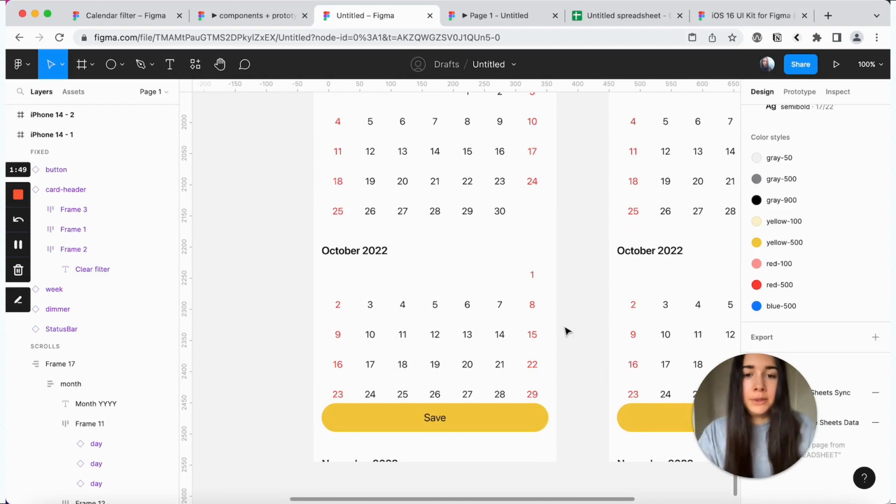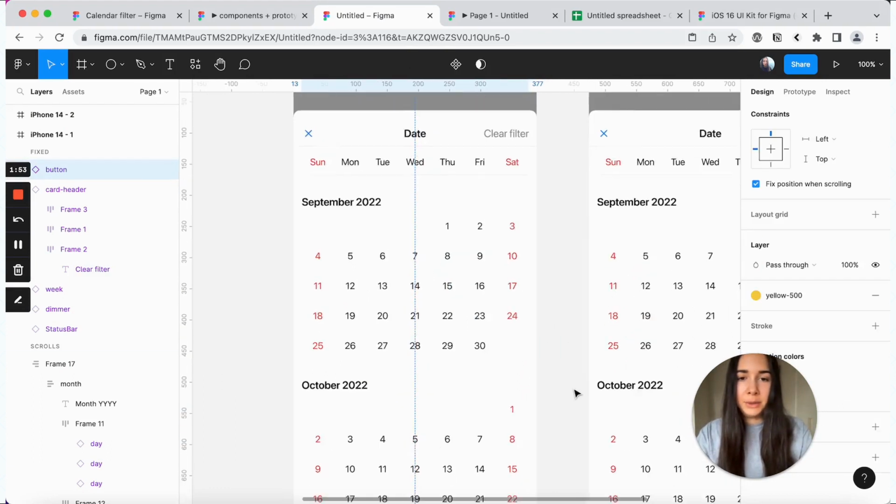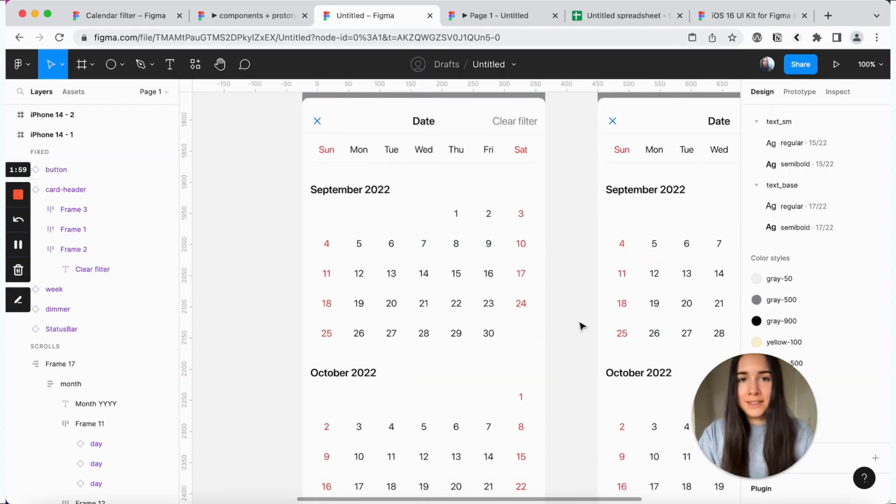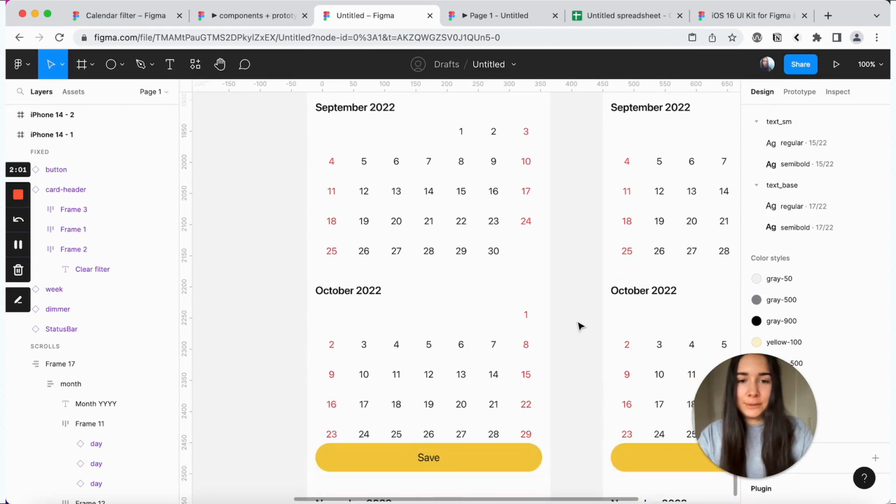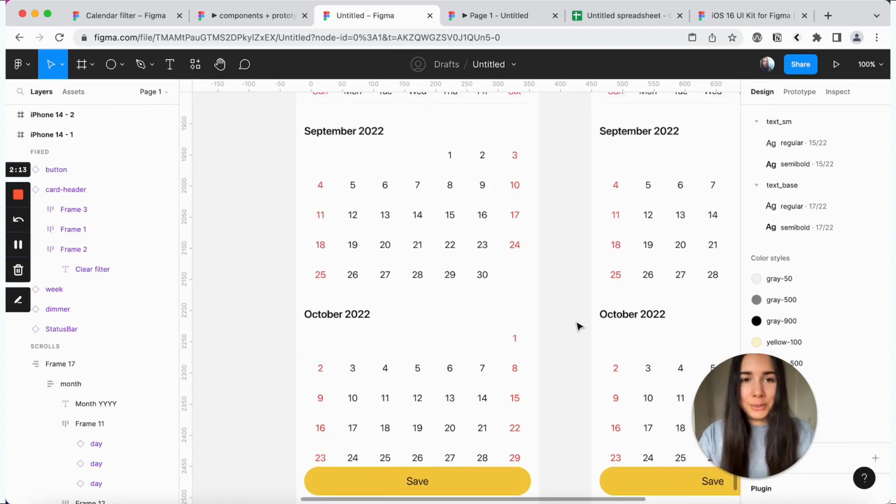In the actual app, though, they did keep the save button even when nothing is selected. I'm not sure if it was done intentionally or not. I could definitely see the case for keeping the save button as kind of a signal to where you should expect to find the save once you have selected your filter. So maybe that's why they did it.